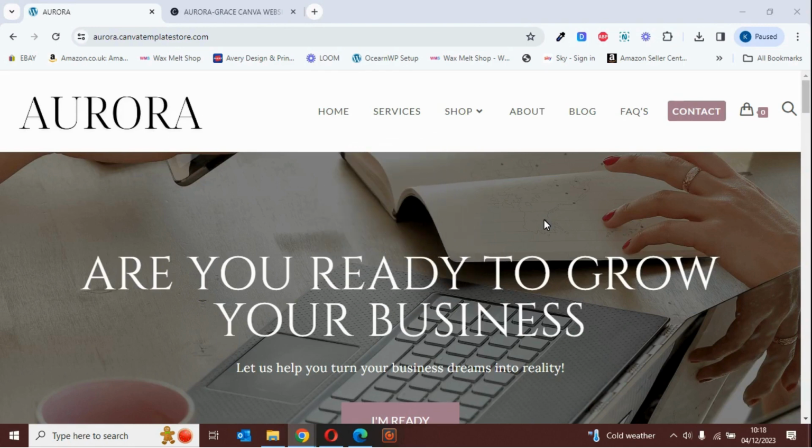Template store. Today we're going to be talking to you about our Aurora WordPress website template. We'll go through everything from top to bottom. We'll give you an overview of the entire template so it gives you a good idea of what's included with this template. If we start at the top and show you Aurora, which is just the name of our template,